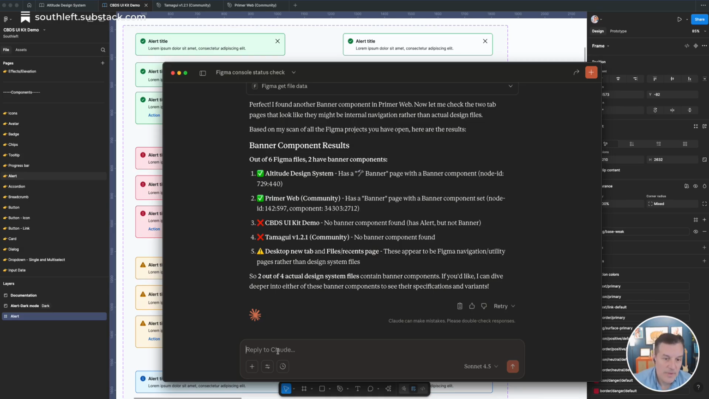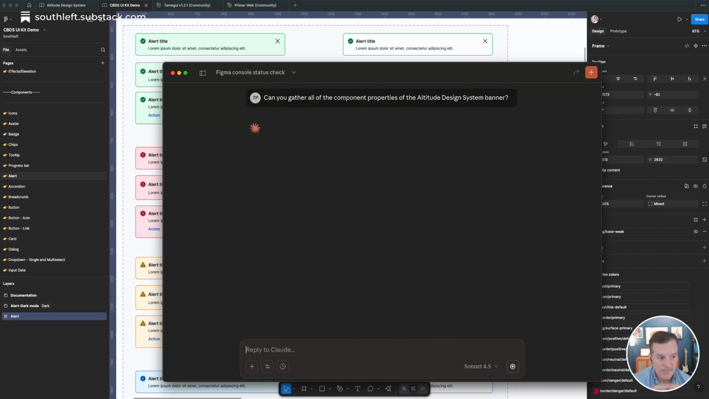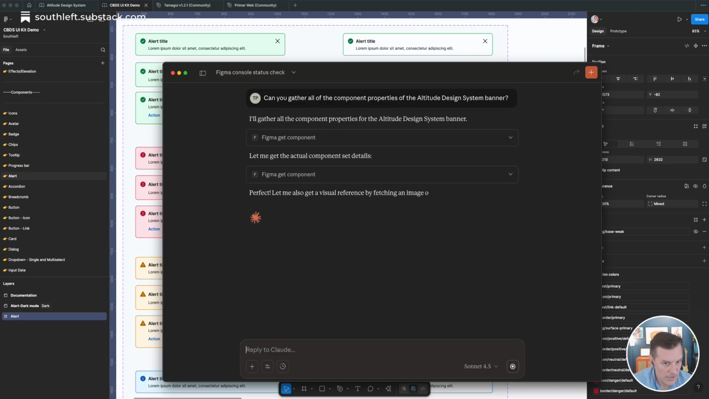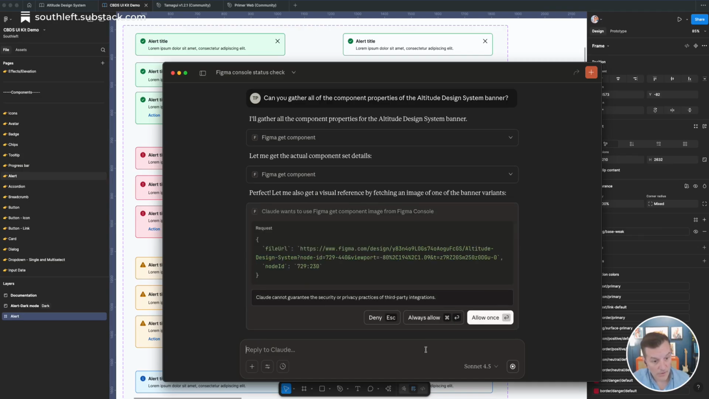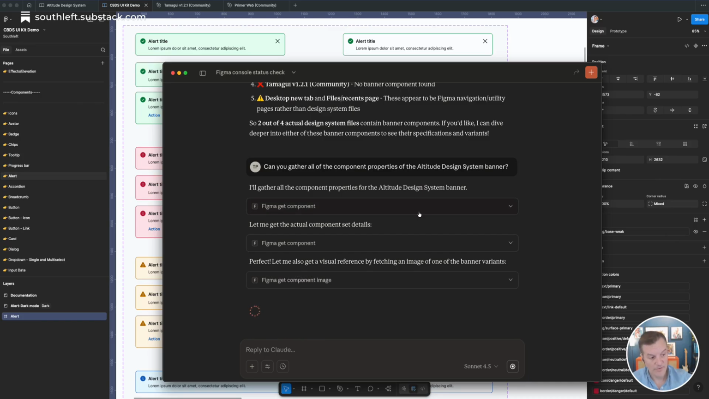What I could do now is dig a little bit deeper. Maybe I can say something like, can you gather all of the component properties of the Altitude design system banner? So if we were to go a step deeper into more component analysis, and get into general design systems heuristics reporting, this would be the way that we would approach it. We could do this full sail, but it'd be a really long response we would get. Or we can go specific, component by component,